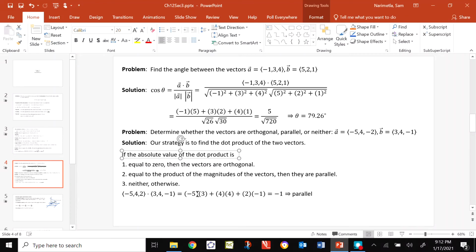So we cannot say that, right? So this is neither. Clearly the magnitude of 5, 4 and 2, that's 25 plus 16 plus 4, that's something. So definitely that's not going to be,